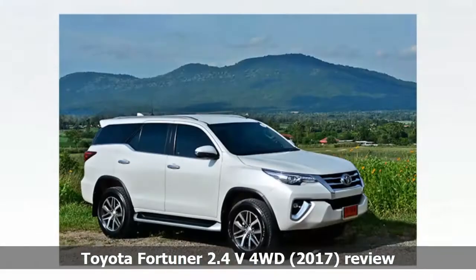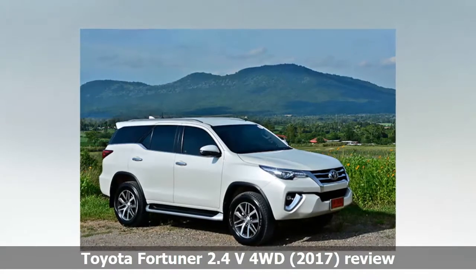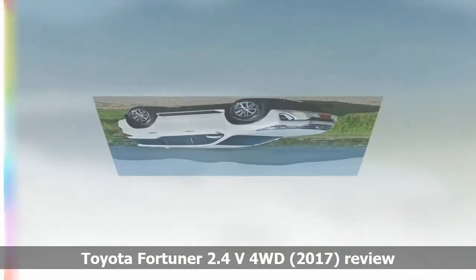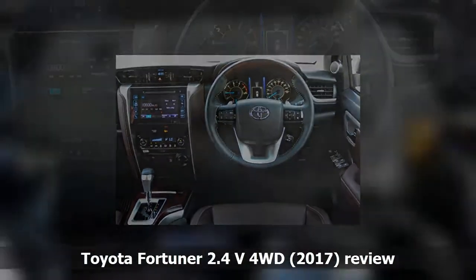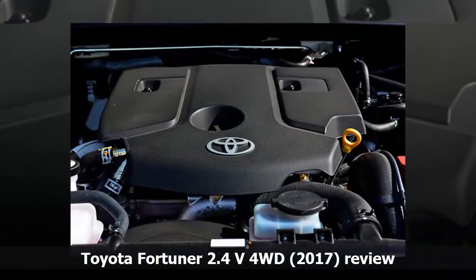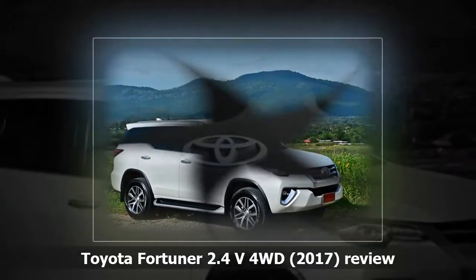What's new? After being on the market for 2 years in its current generation, the Toyota Fortuner has been given a mild update this month. But the changes don't come in the form of a facelift or an engine change. The highlight of the update is the availability of a 4x4 drive system for the 150 horsepower, 400 Nm